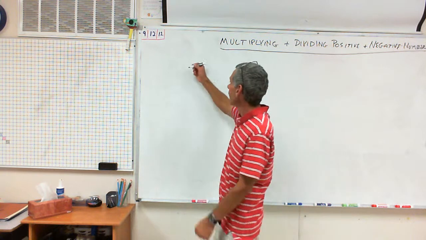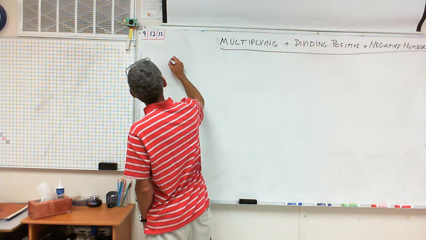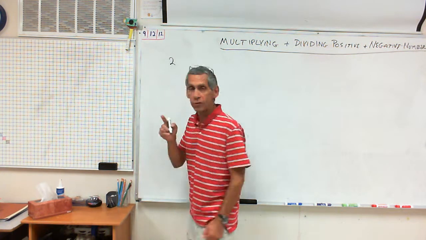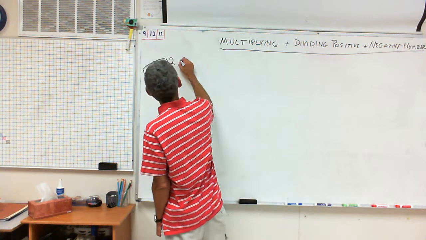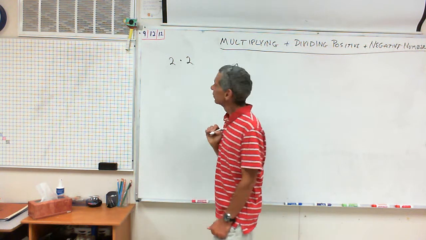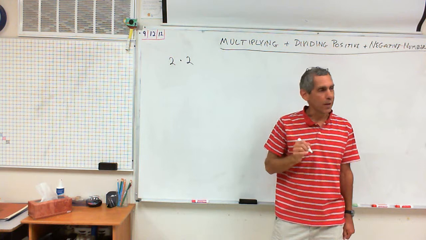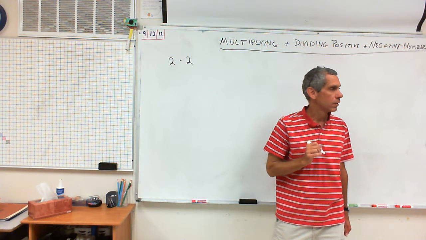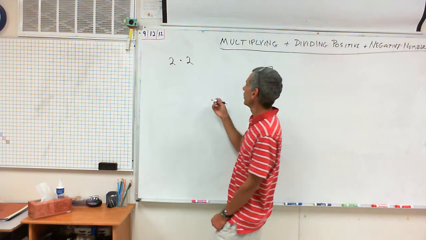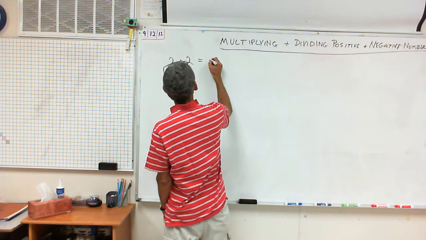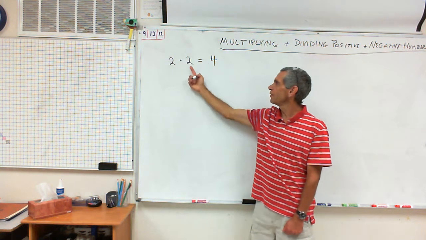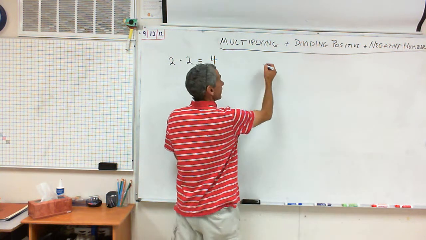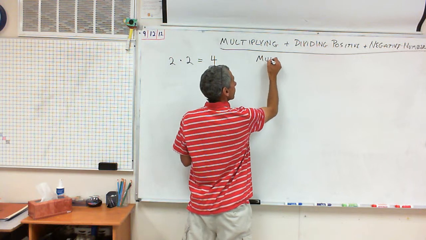If I had a positive number, 2, and I multiplied it times a positive number, 2 times 2, would I get a positive number or a negative number? I get a positive number. And what's 2 times 2? It would be 4. So a positive number times a positive number equals 4. So I'm going to actually write that down. For multiplying,